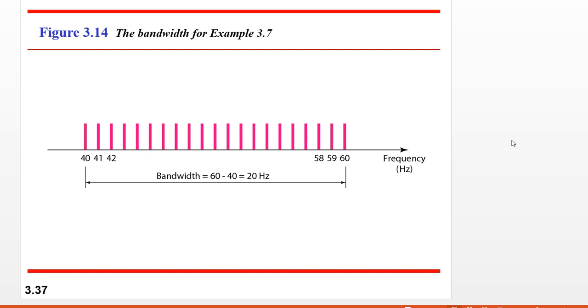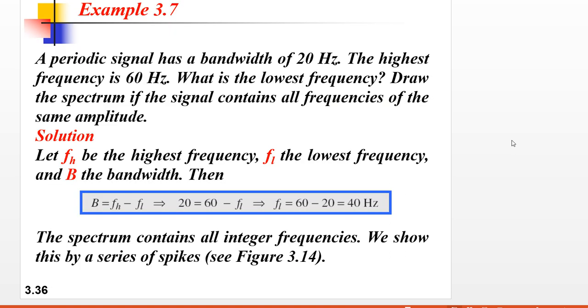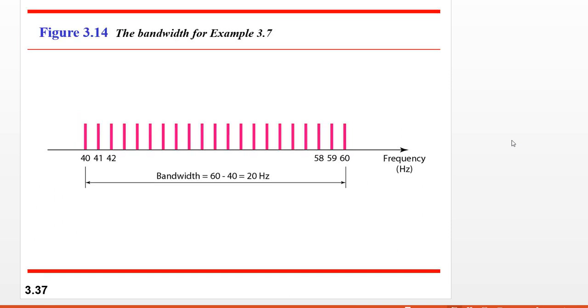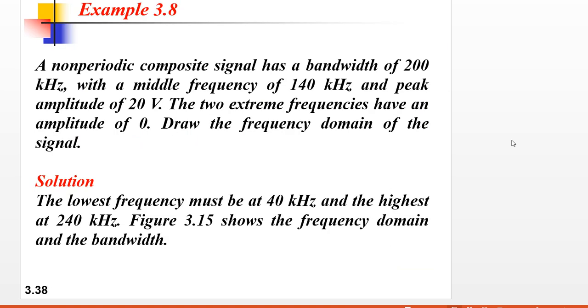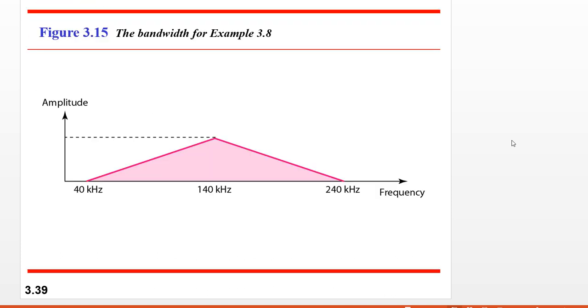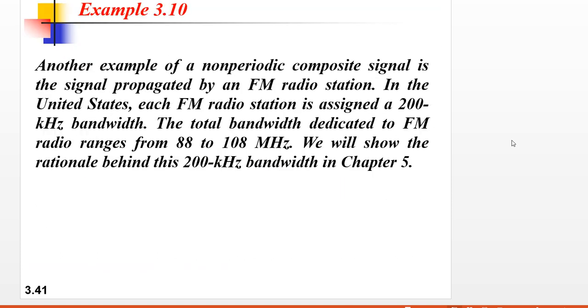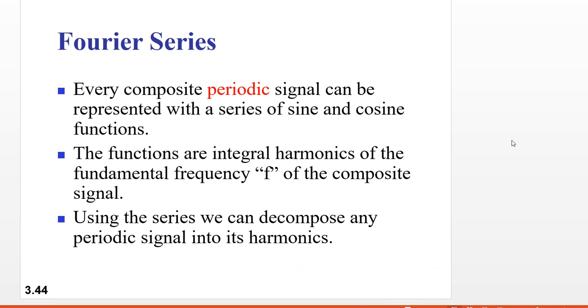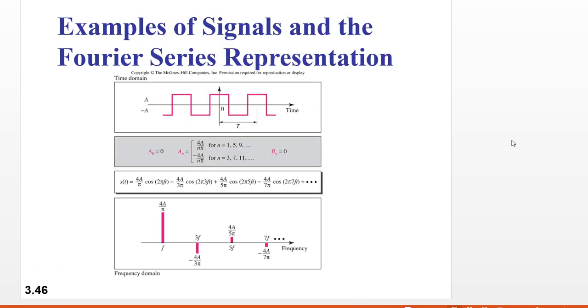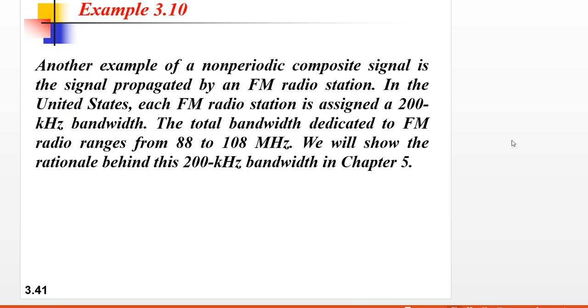This is the spectrum for that. Spectrum means whatever frequencies they have given, 20, 40 and 60, for that we have to draw the spectrum. If you draw, it seems like this. This is all about the bandwidth. The same bandwidth example you can use for non-periodic also, you can try. This one I will explain, the next one you can try. It is very simple. Fourier analysis is not necessary for you.